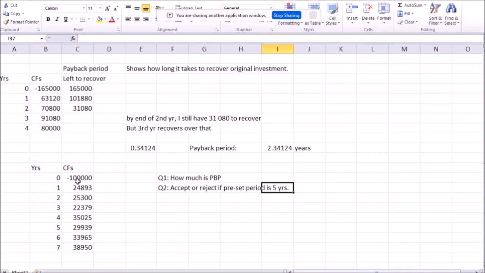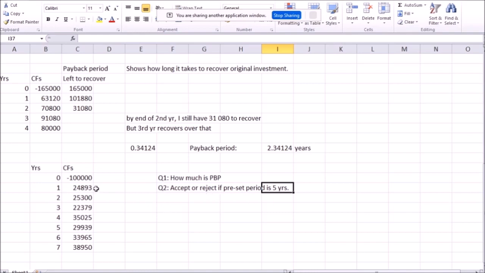Right? So even if it's an amazing idea, even if after 7 years it's going to give you billions and billions of dollars, doesn't matter. After 5 years, you got to pay this back. I got to pay back 100,000. So if it takes more than 5 years to get those billions and billions, unfortunately, you cannot accept this project. So that's where the payback period could be useful, when you have a hard line on when you're going to pay back.